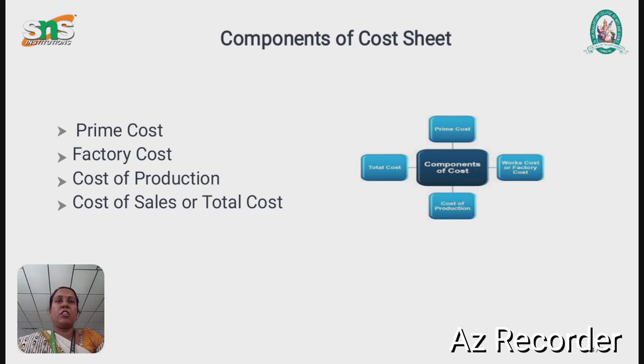Direct material cost is the cost of raw material that is directly consumed or used in the production process. For example, the cost of leather used for manufacturing shoes, the cost of cloth used in garments, etc. Direct material equals opening stock of raw material plus purchases plus expenses on purchase minus closing stock of raw